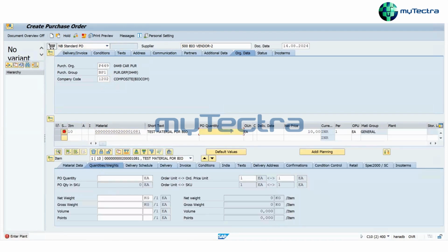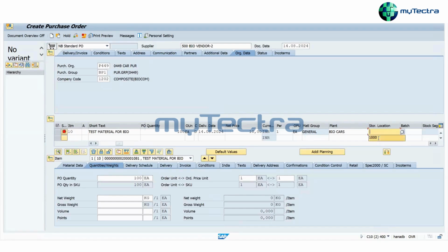Now I have to choose the quantity, I have to choose the price, I will have to enter the plant, then I will have to enter the purchase location, right? All these things I will have to enter, and I will have to keep on entering this. I will also have to find what was the price they have sent us and all.